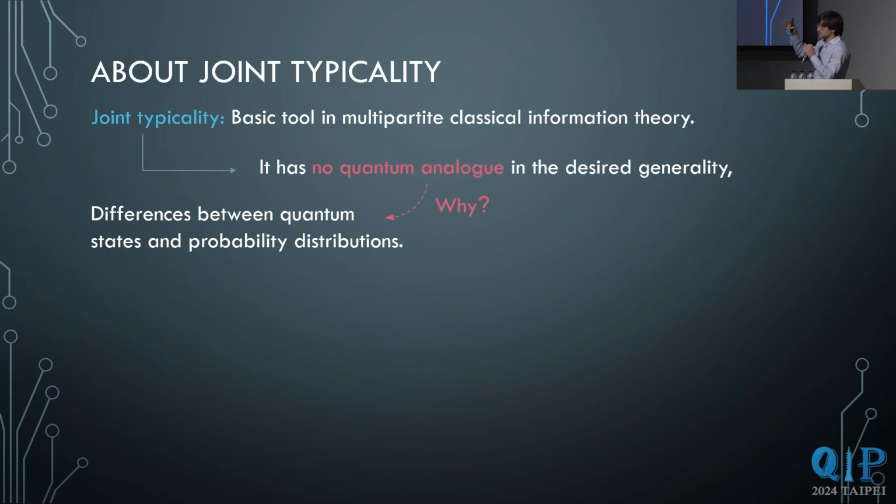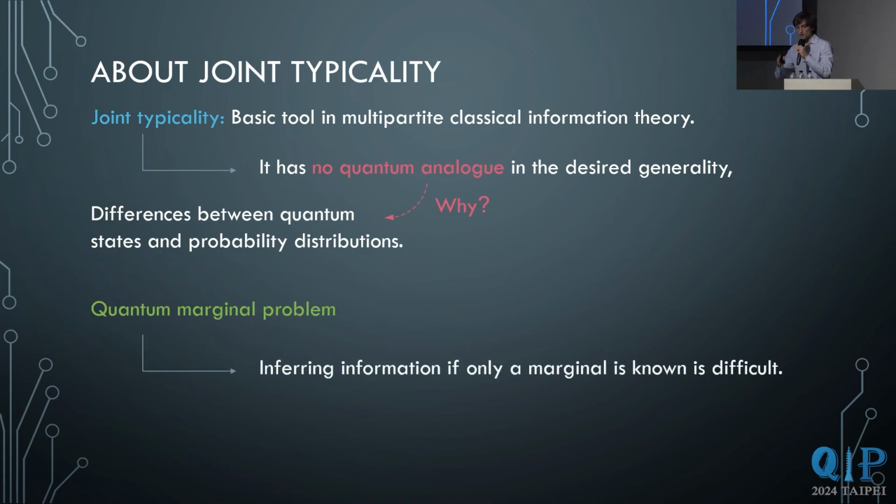And this is a problem, and it's due to the main difference, right, between quantum states and probability distributions. So if you want to understand this maybe more intuitively without luring you into a lot of technicalities, you can think about the quantum marginal problem, which is the difficulty of inferring quantum information of a general state when you only possess a partial part of the state. And as a matter of fact, any kind of transmutation between partial quantum information to the information of other partial systems, other marginals, and the information, especially of the general state, is difficult. Even in some cases, it is impossible to do.